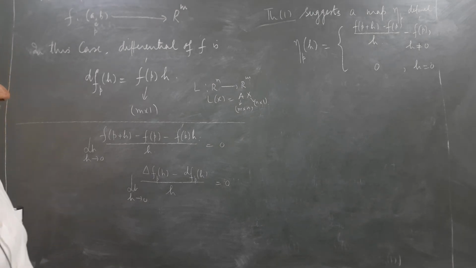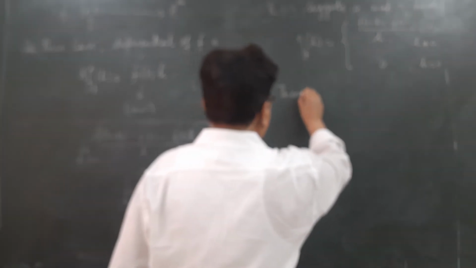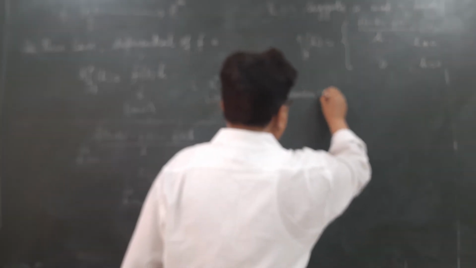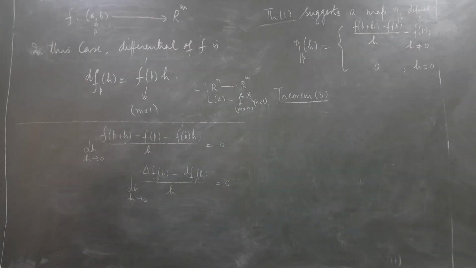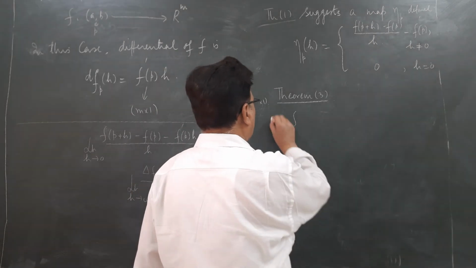Now my claim is theorem 3. This theorem tells about eta p. A function f